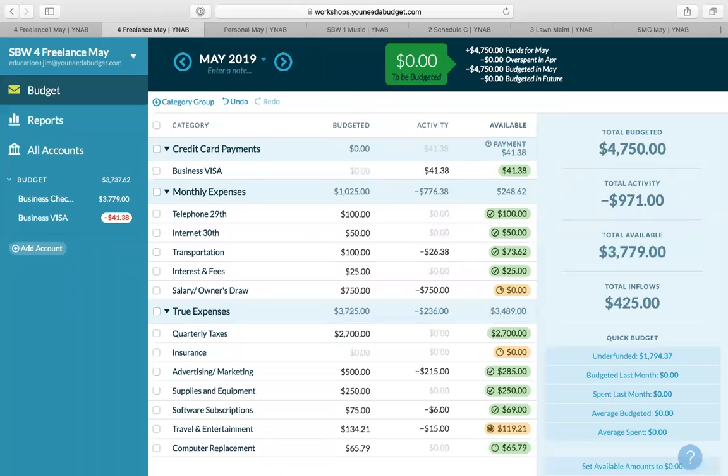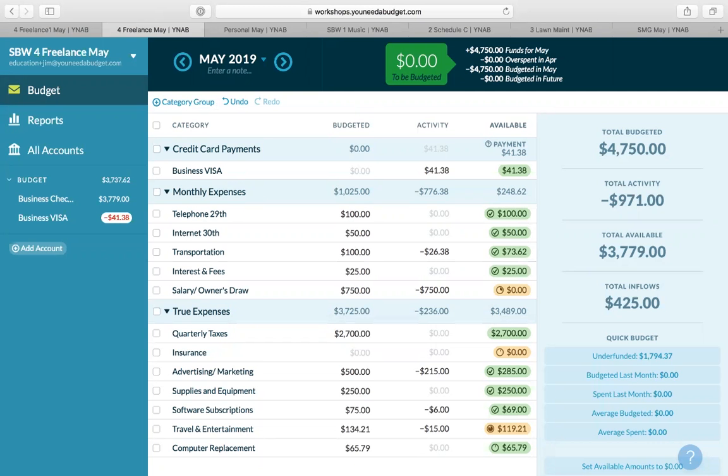You see, YNAB is an allocation system. Unlike a lot of the projective budgeting systems you may have used before, we're only going to work with what we have. This is powerful, though, in a couple different ways. One is that it helps us prioritize based on what's truly most important. You will budget differently. You will make different decisions when you're working with reality and the dollars you actually have.